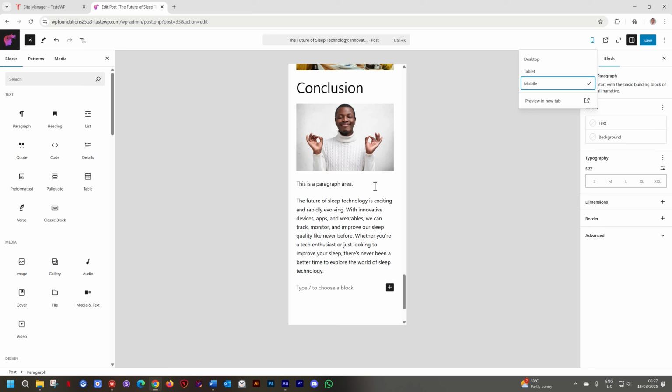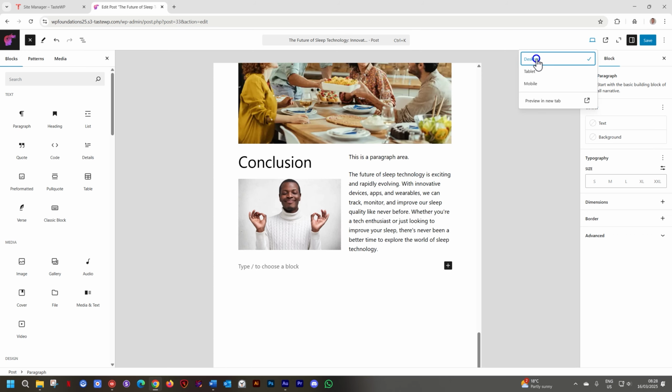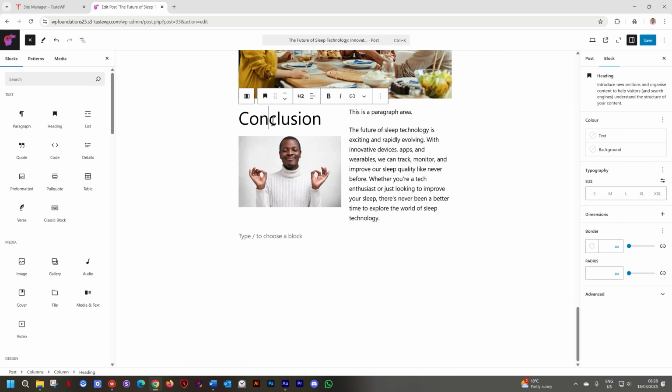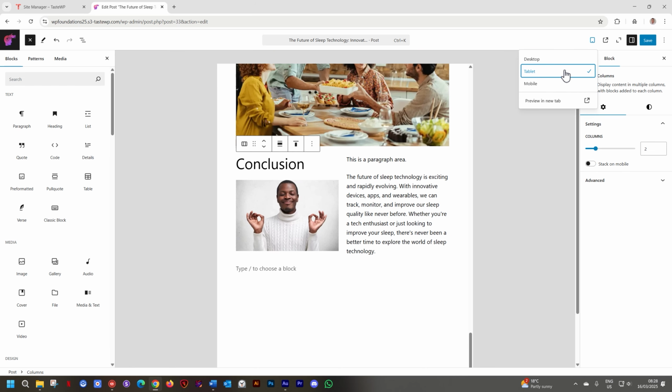It's really bad. You saw what it did here, right? It gave me this stack. And on tablet, it also stacked. But I don't want it stacked on tablet. I still wanted two columns, and I think there is still enough space that I can have two nice columns. Clicking on the columns and going to the parent columns, I only have this option to stack on mobile. See this feature here? Click on Stack on Mobile. Now, I have unstacked it. So if I go to tablet, it keeps two columns nicely for me.